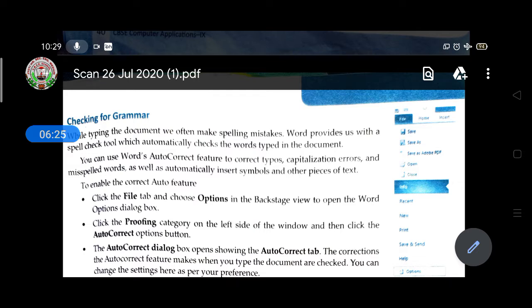You can use Word autocorrect features to correct typos, capitalization errors, and misspelled words, as well as automatically insert symbols and other pieces of text. To enable the autocorrect features, click the File tab and choose Options in the Backstage view to open the Word Options dialog box.